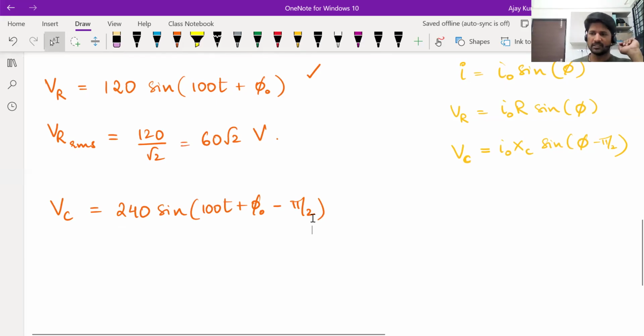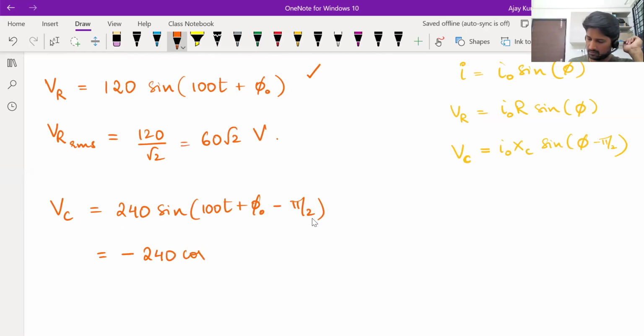And sine of theta minus pi by 2 becomes minus cos theta. So this can be written this way also: voltage across the capacitor is minus 240 cos of 100t plus phi naught. You can write it like this also, or in the options, it may be given like this also. Again, on the right hand side, you tell me